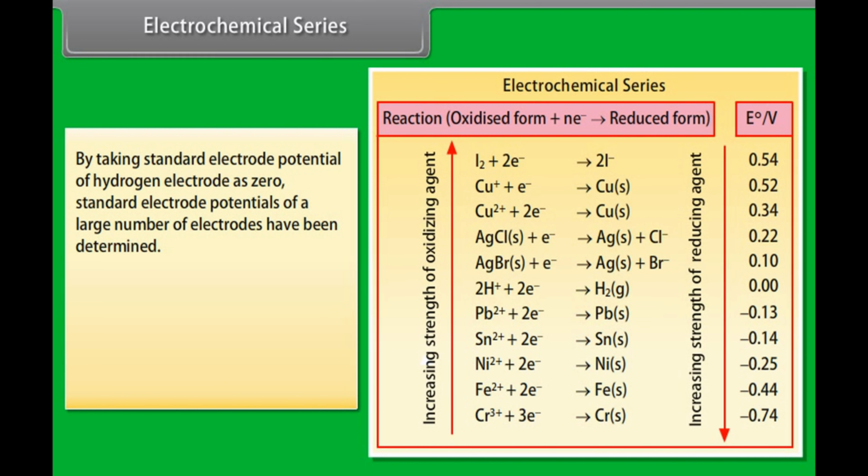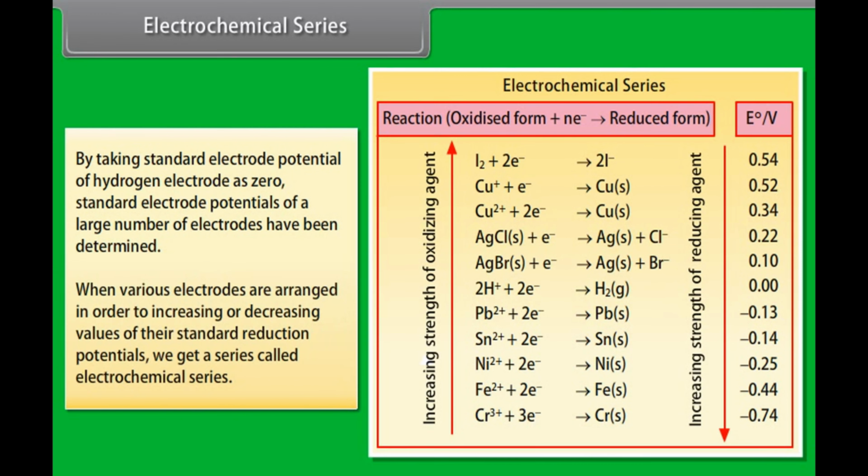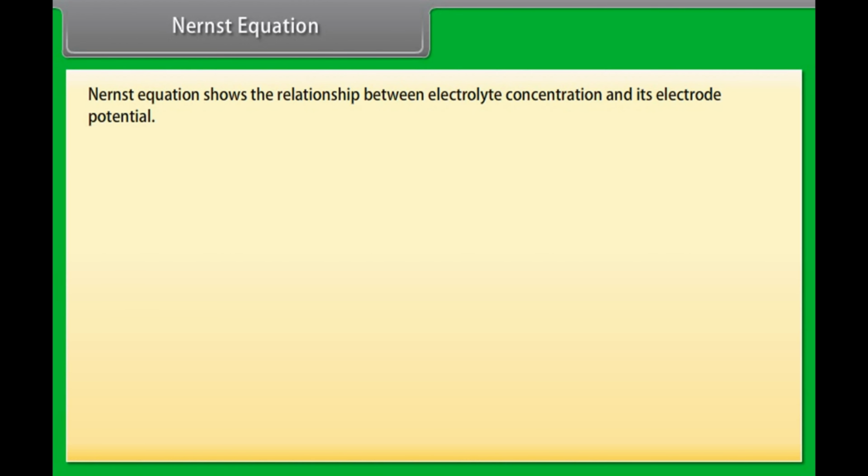Electrochemical series. By taking standard electrode potential of hydrogen electrode as 0, standard electrode potentials of a large number of electrodes have been determined. When various electrodes are arranged in order of increasing or decreasing values of their standard reduction potentials, we get a series called electrochemical series. Nernst equation. Nernst equation shows the relationship between electrolyte concentration and its electrode potential. The electrode reaction is written as